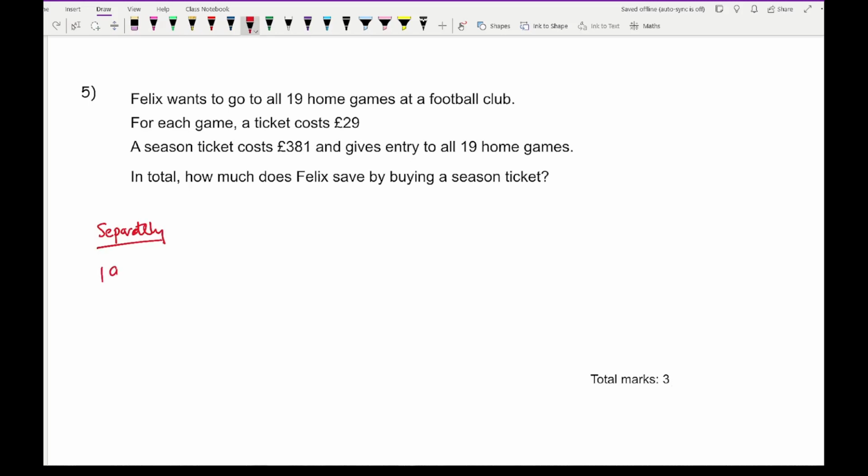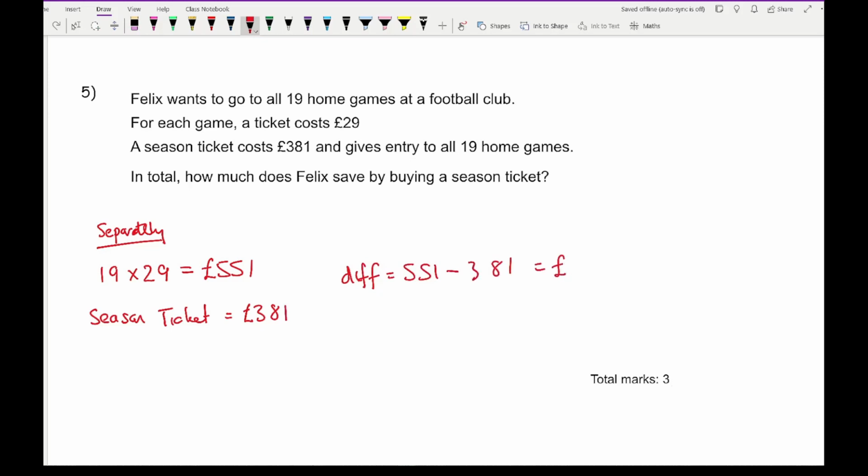Here it's going to be 19 times 29, which is going to be 551. And then with the season ticket, that costs 381, so the difference is going to be 551 minus 381, which gives us an answer of 170, so he saves